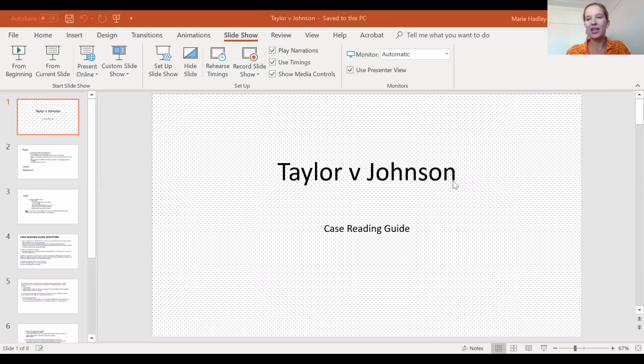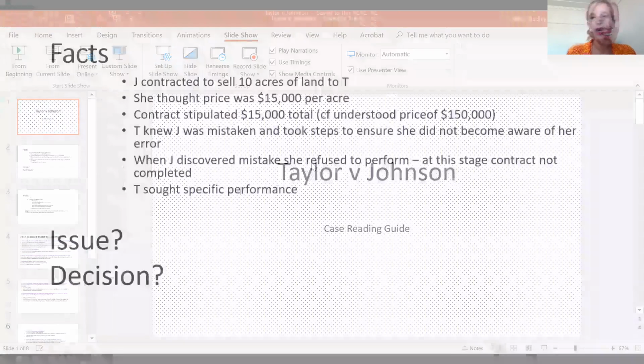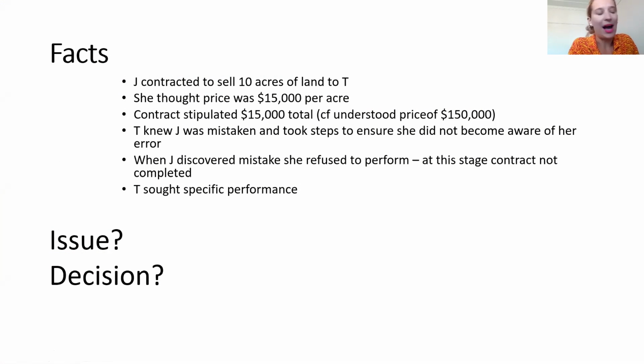The first case that we'll be looking at this week is the Taylor and Johnson case. But this is a key case for unilateral mistake as to terms or facts. And it also does come up in relation to common mistake. Okay, so in terms of what happened in Taylor and Johnson, in this case, Johnson granted an option to Taylor